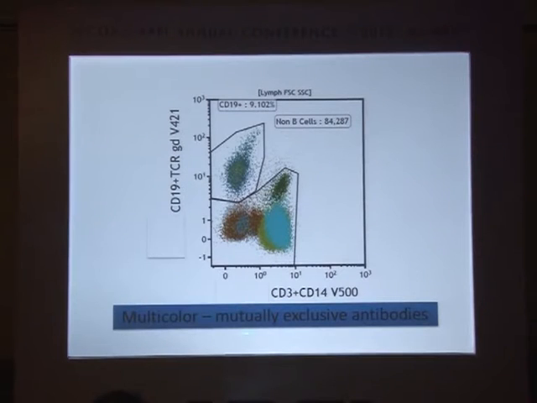So what we do is we do IHC. There are 2 markers on the x-axis. Generally we do 1, but here we have standardized to do 2 markers which are mutually exclusive. CD3 is a T cell, CD14 is monocytic. So no cell will be positive for both together. We have done this so that we can put more antibodies in one tube. CD19 and T cell receptor gamma delta. CD19 is a B cell marker, T cell receptor gamma delta is a T cell marker.